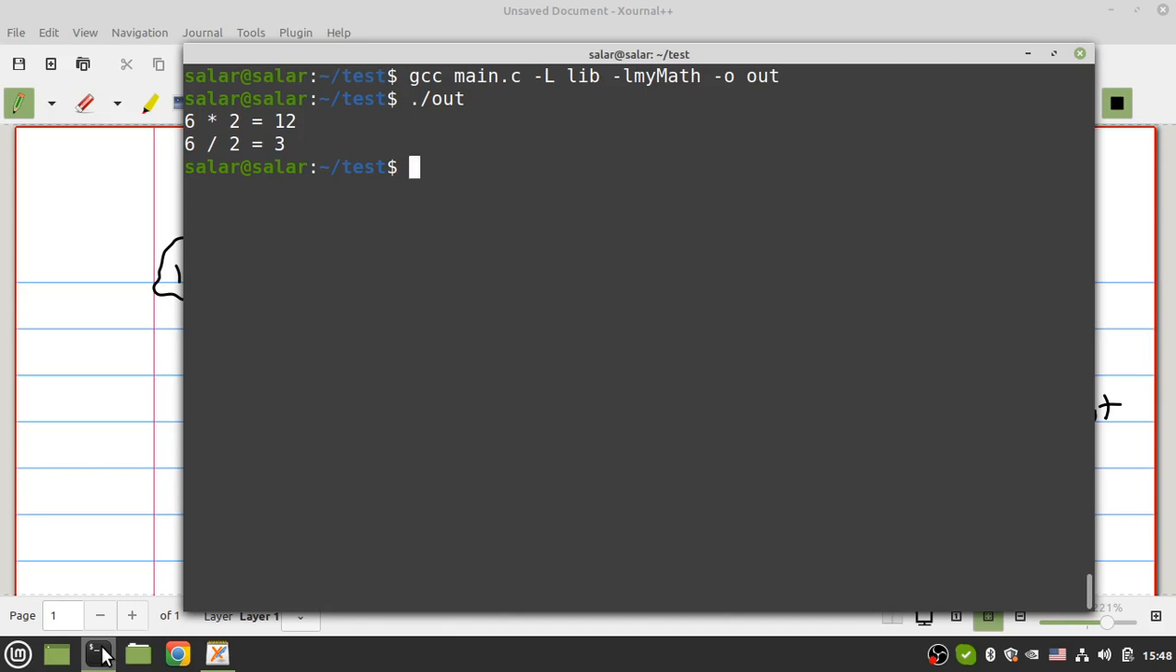Okay, so I said that, for example here, my math.a is archived from my object files and it's a static library. But there is another term in GCC programming and it's the shared library. We don't need shared libraries in writing a program for a microcontroller. So I don't spend my time on shared libraries, and you can study them on the internet,